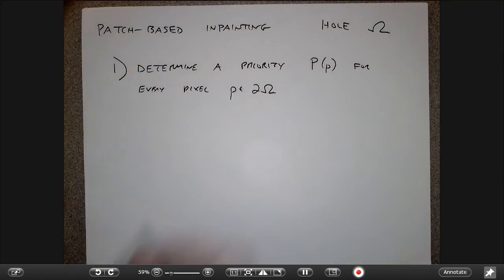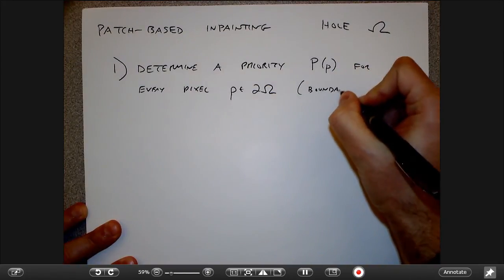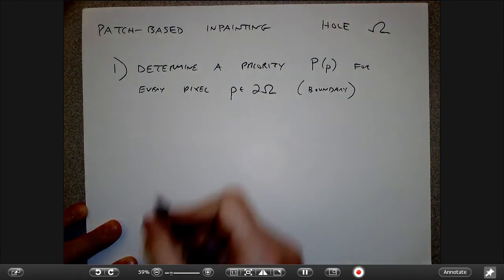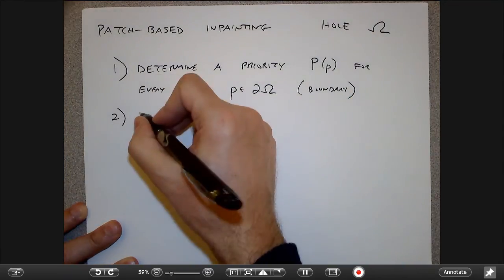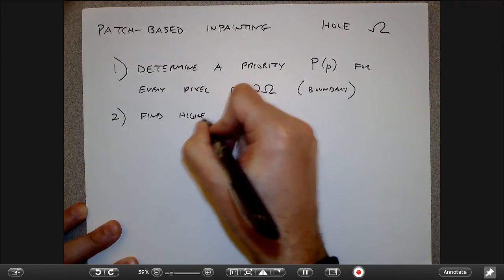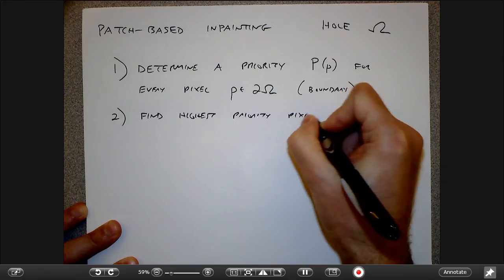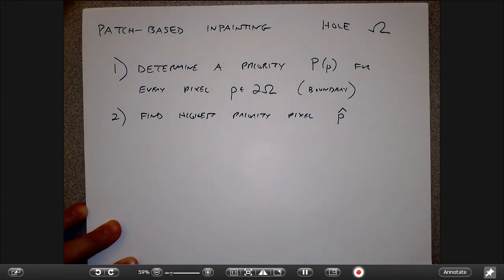So that little symbol here means boundary of. Okay, and so now I take the highest priority pixel, let me call that p hat, and